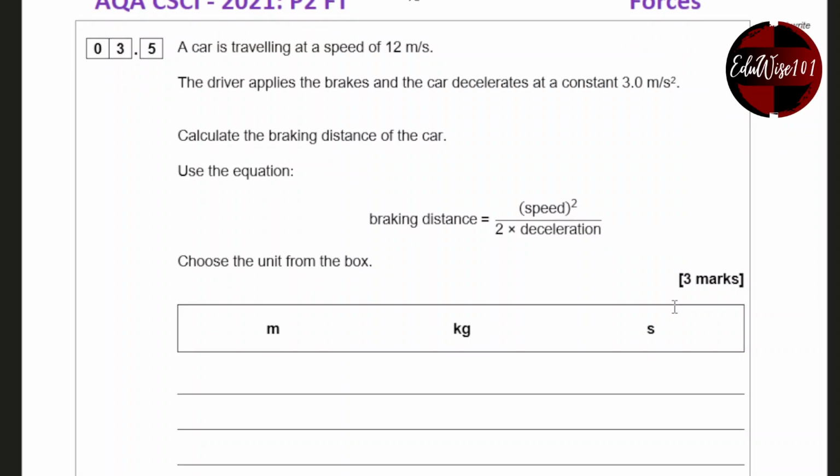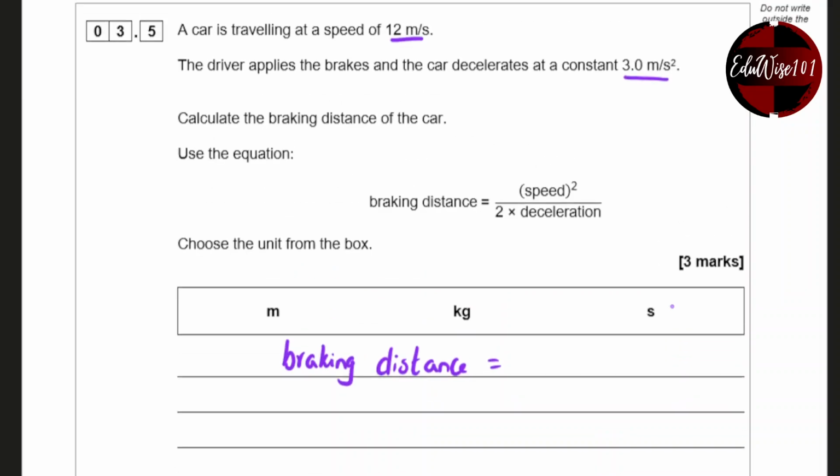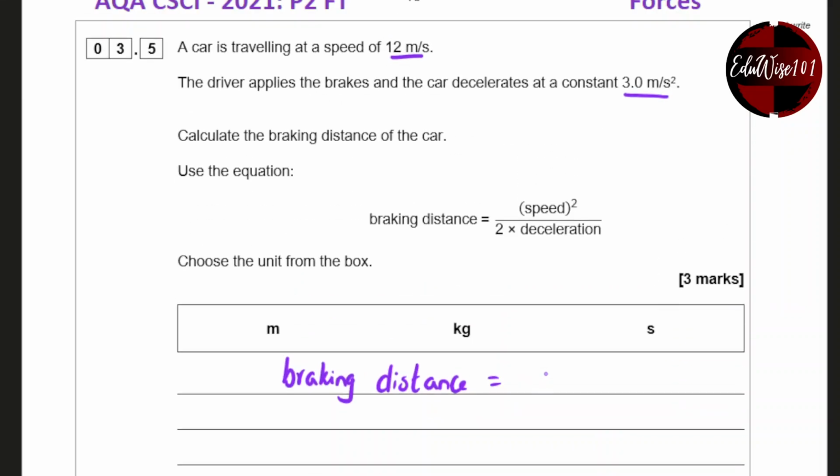The driver is traveling at a speed of 12 meters per second. The driver applies the brakes and the car decelerates at a constant 3 meters per second squared. Calculate the braking distance, use the equation. So they have given you the equation and choose the unit from the box. So braking distance equals the speed squared, that is, speed is 12